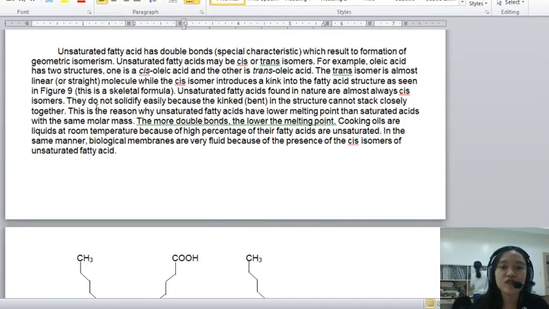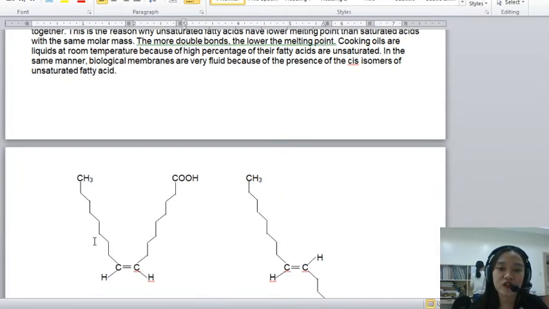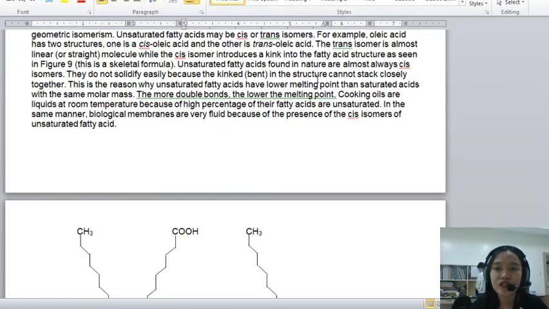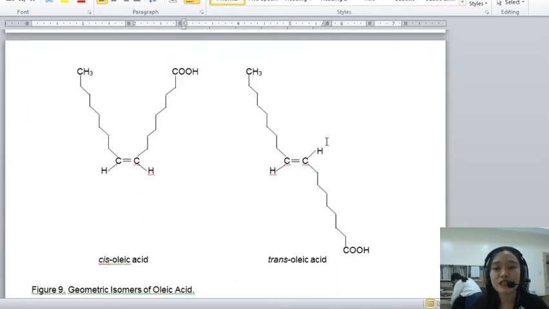So, they do not solidify easily because the kink or itong bending in their structure cannot stack closely together. So, kasi kapag kinompare mo naman class, ito, diba, your trans structure, meron silang possibility to get closer with each other. Kasi para straight line lang sila. Okay? So, mas compact sila kapag